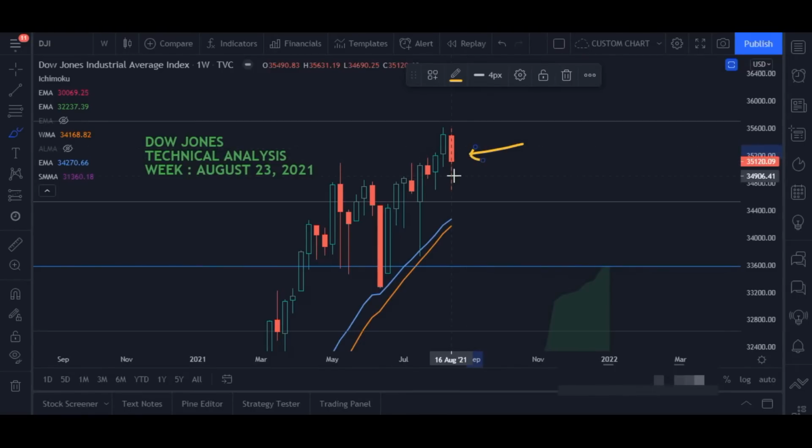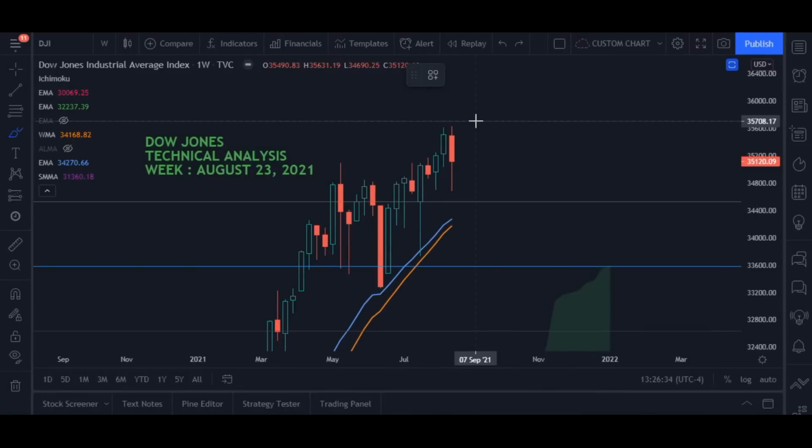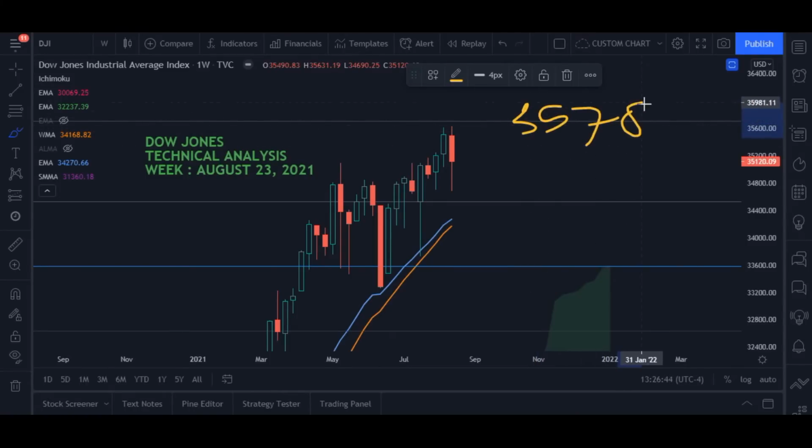Now in this week, what we are seeing here is once again there is a clear bull trend. The candles that are formed here are on the bull side of the moving averages. But again, the problem remains the same, and the problem is the critical resistance. This is very critical resistance, and it is 35,700. So for two consecutive times, the market was a little shy to hit this very critical resistance.